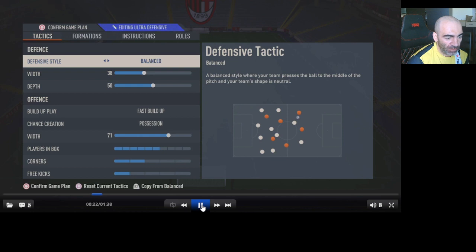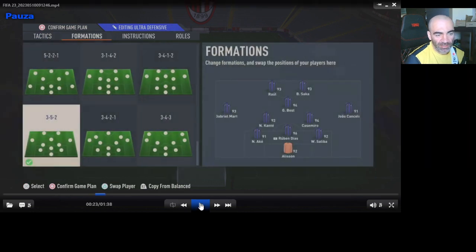I'll show you how I line up the team. Okay, this is how we line up the team. An important thing when you're building the team for that formation is that I'm using 4 defenders. Gladly, my center back Ake over here has a position change for left back, so it's easier for me to make the chemistry